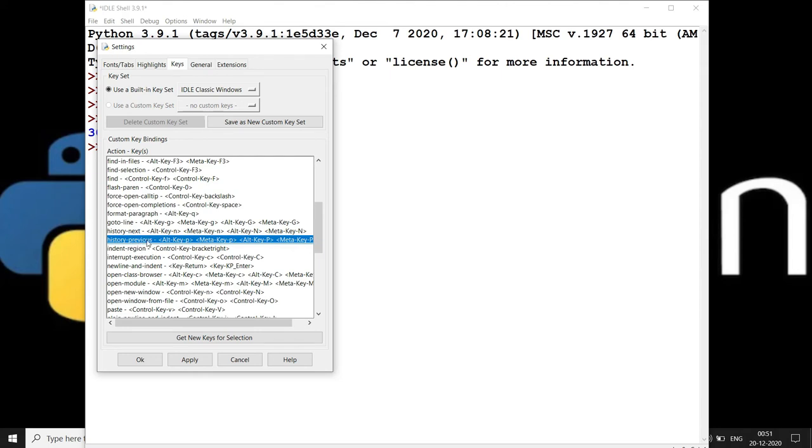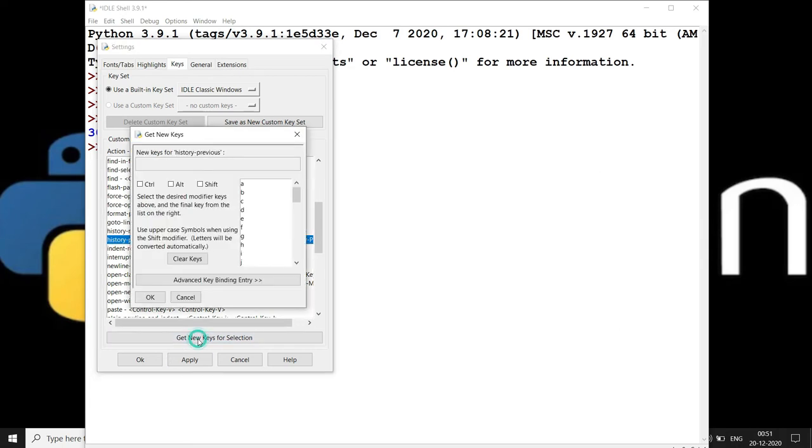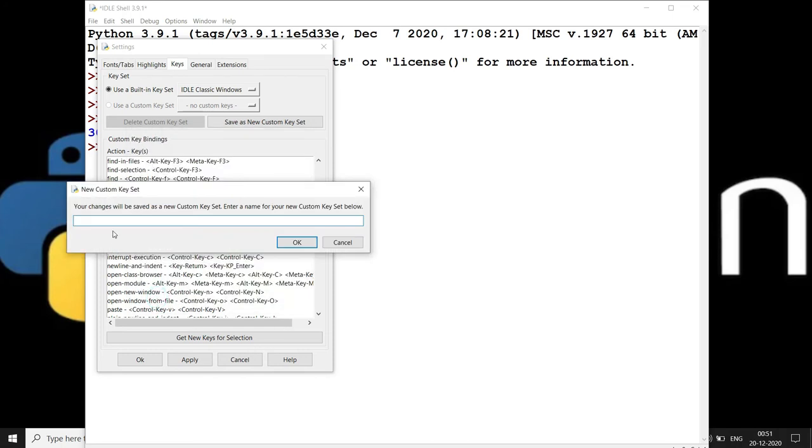Select this one and click on Get New Keys for Selection, and here you can customize. For the previous command, I would like to set the up arrow, and click OK. Then it will ask you to specify the name of your custom key set.